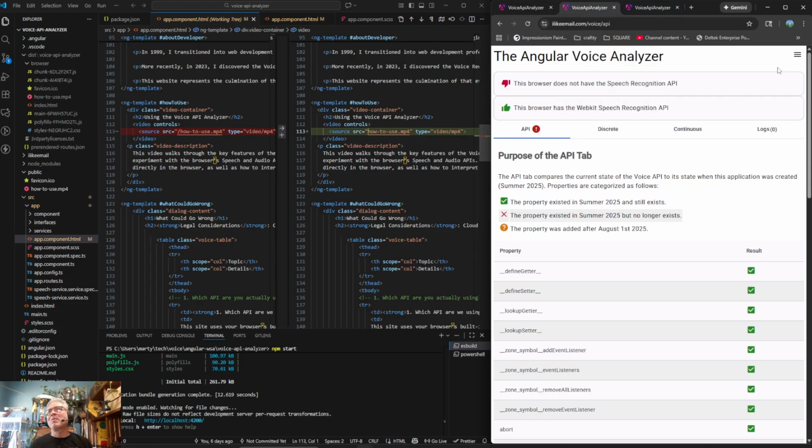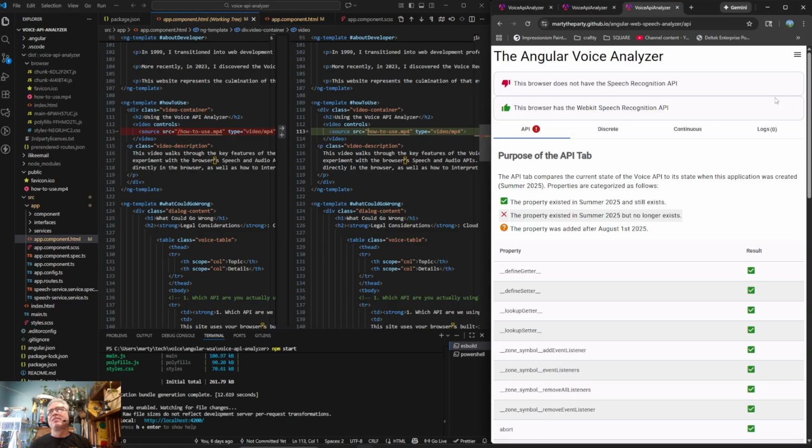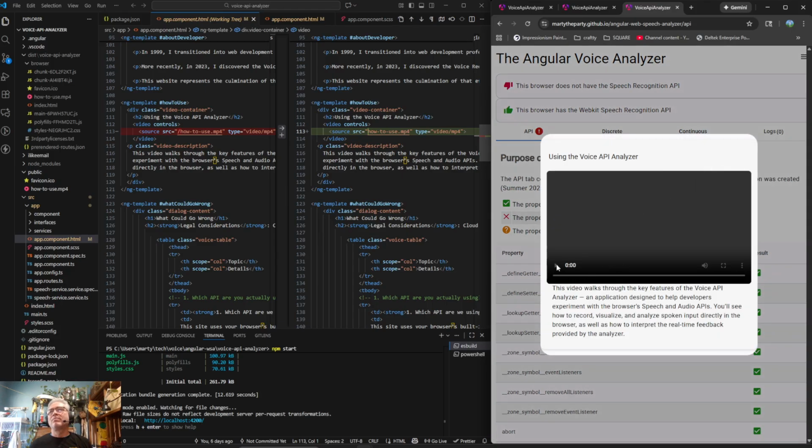So I can't remember if this one's broken. But basically, neither of these can find their JSON. It's hard because in both these remote cases, I believe the file exists off of voice in this situation and off of Angular Web Speech Analyzer, and I guess we should prove that.